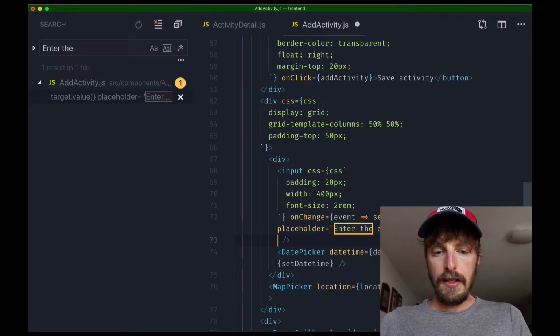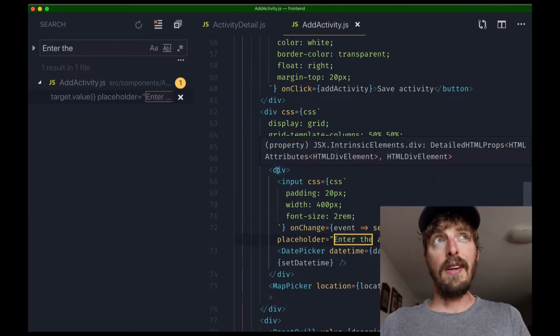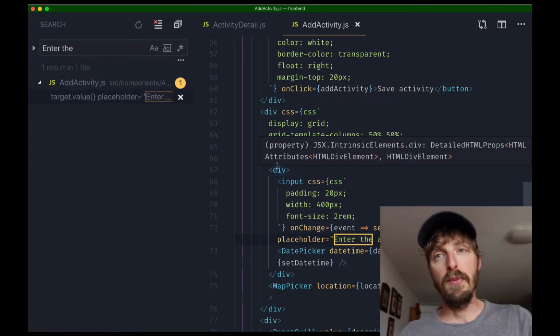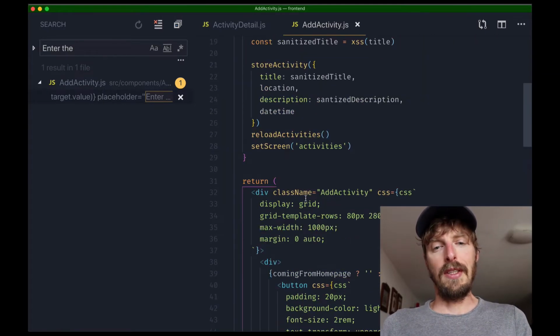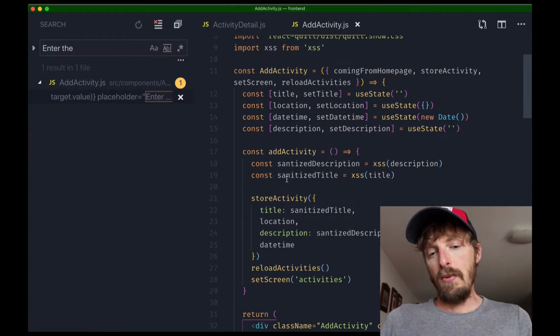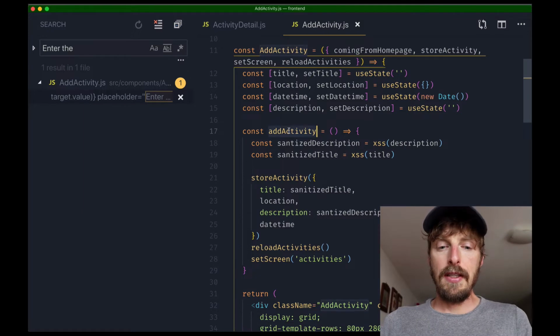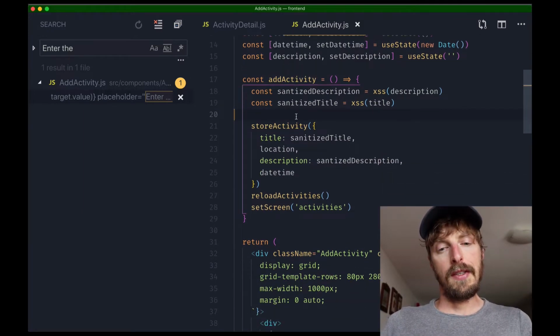So required is not something we need to do. We can leave this as a sort of documentation that this field is required, but no, actually. So what we need to do is here in add activity, we need to say